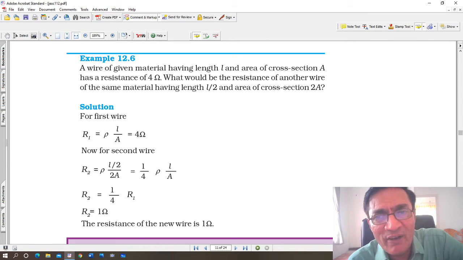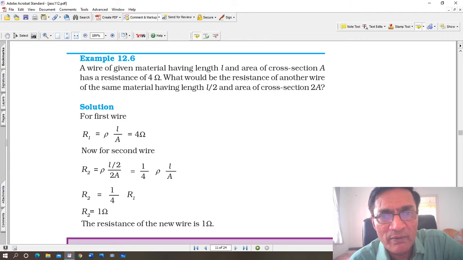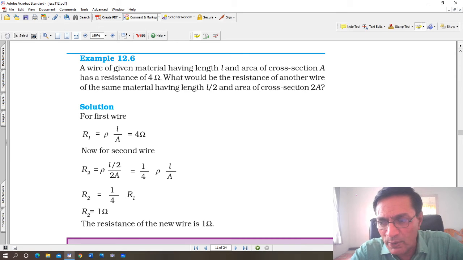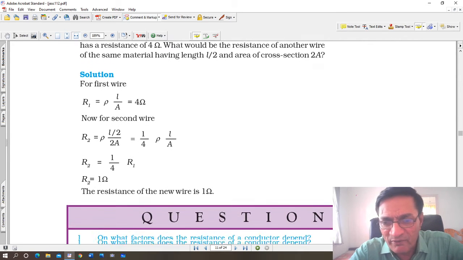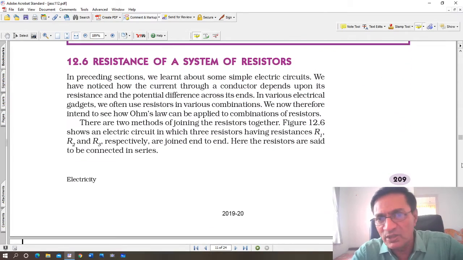Now I know you might find this a bit odd, because this is mathematical in nature, and unless I actually work it out on paper and do it for you, you will find it difficult to understand. So again, as I said, this will be done on paper, just like maths. You can't just read maths. That's why I'm telling you these are mathematical portions, and they have to be done on a piece of paper. All right. First, I'll just take you through the whole chapter, and that would be far easier.